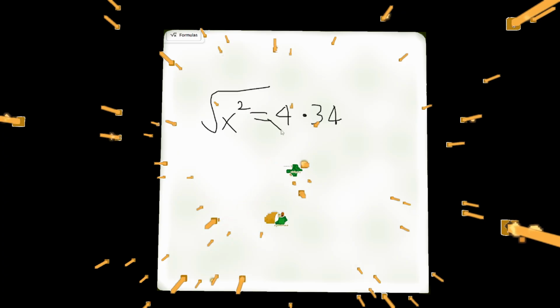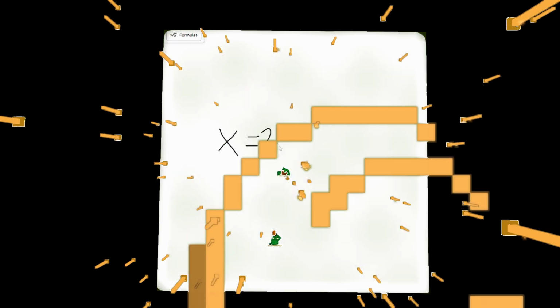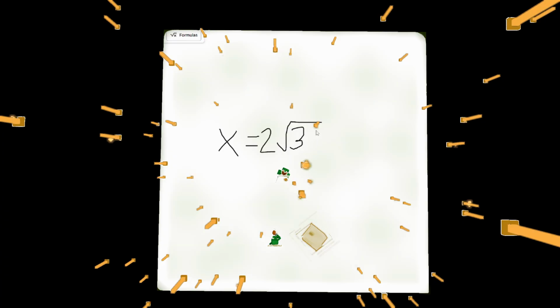Let's substitute this with its factors, which is 4 times 34. Then we square root both sides, which leaves us with X. We square root 4. The square root of 4 is 2. The square root of 34 cannot be simplified, so we are left with the square root of 34. And there are no more ways to simplify this expression, which means our answer shall be 2 times the square root of 34. Final